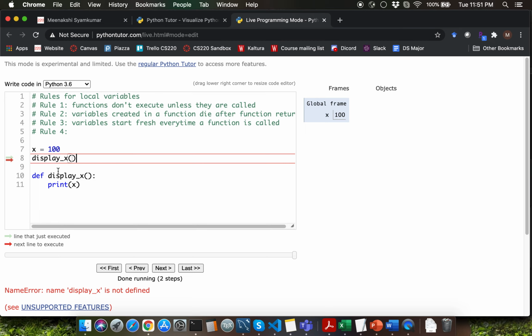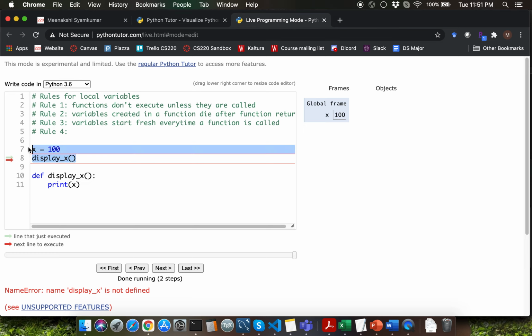I thought I defined the display_x function. What is wrong here? You cannot call a function whose definition comes below the function call line. Python does not accept that. A lot of programmers try to use a workaround to get around this problem. Let's say that for some reason a particular programmer wants to specifically make this function call before the function definition.